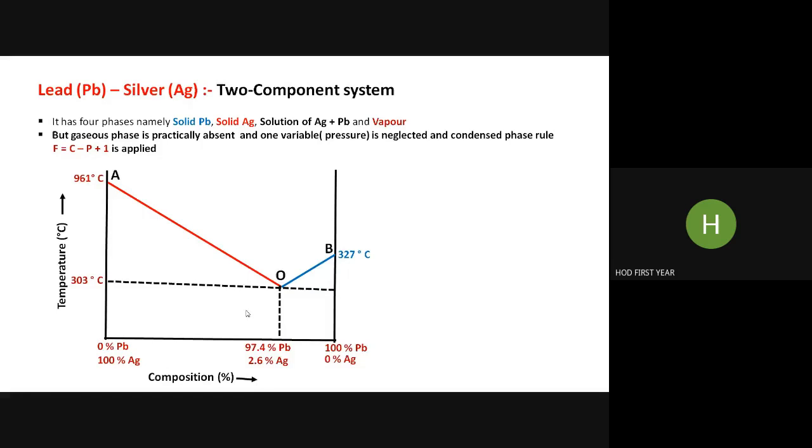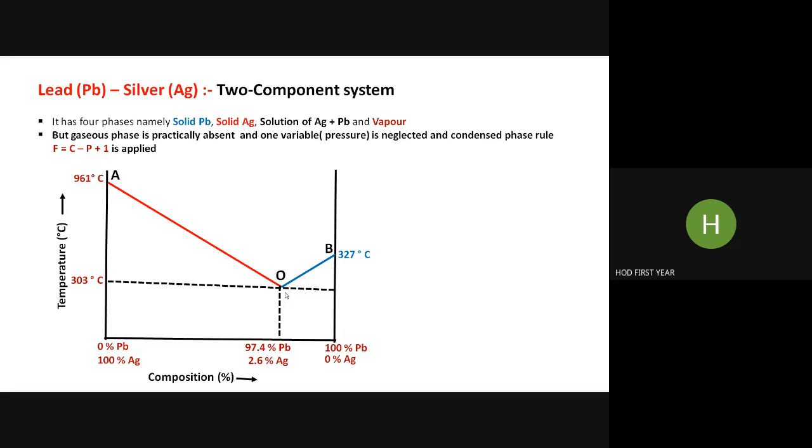Okay, so this is the saturation point, and it is happening at this composition and this temperature. It is called the eutectic point. Eutectic point असं म्हणतात त्याला. And the meaning of eutectic is lowest melting mixture. हे जे मिक्सचर आहे लेड सिल्वरचं ते सॅच्युरेशन पॉईंटचं मिक्सचर आहे आणि त्याचं मेल्टिंग पॉईंट TG ने दिलेलं असतं. ठीक आहे.